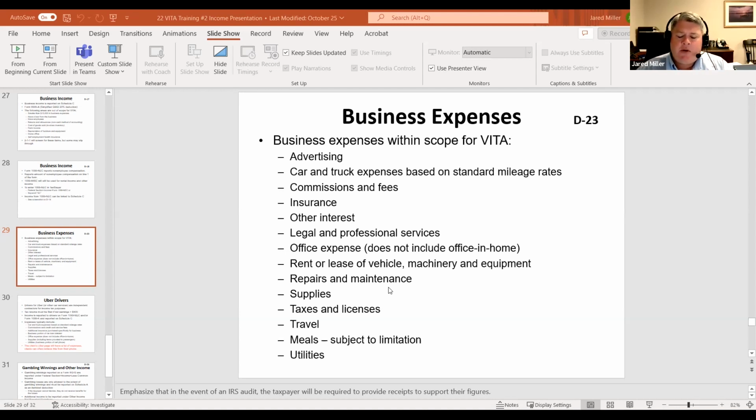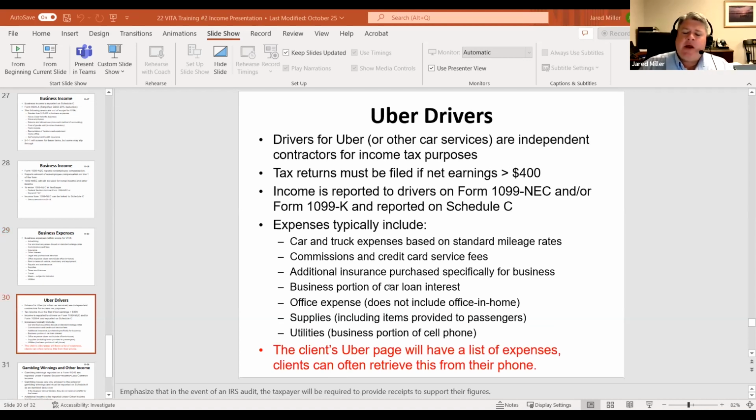For 2021 and 2020, if you had a meal at a restaurant or had it delivered by a restaurant, you get a 100% deduction of that meal. And I believe VITA has a spot, or TaxSlayer has a spot, to put meals from a restaurant at 100%. If not, you put them in as a meal with a 50% limitation. But again, they have to have a business connection. It can't just be, I'm working through lunch, so I'm going to order food out. That's not a business expense. There has to be some sort of connection with that. So great question about the meals.